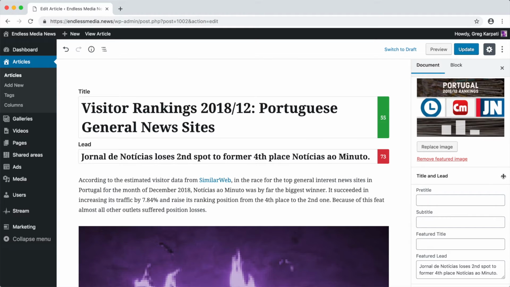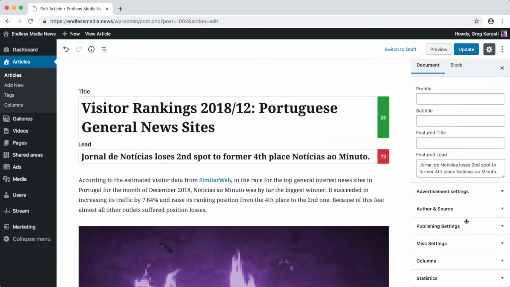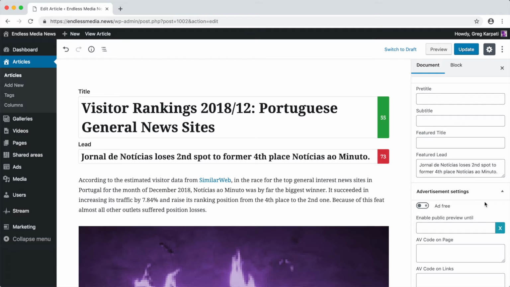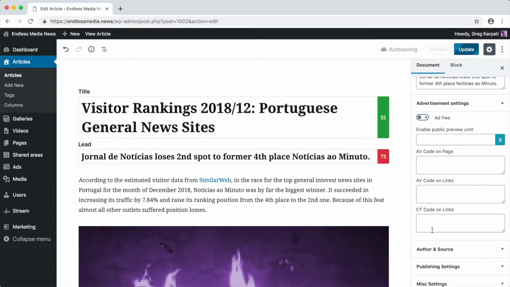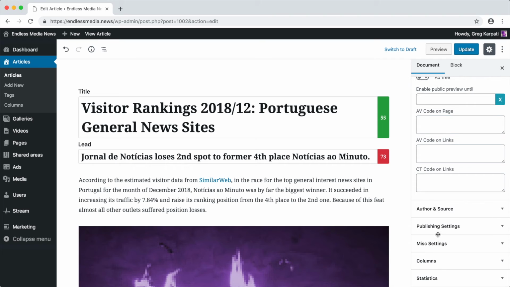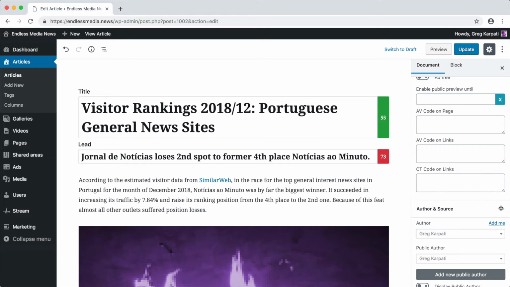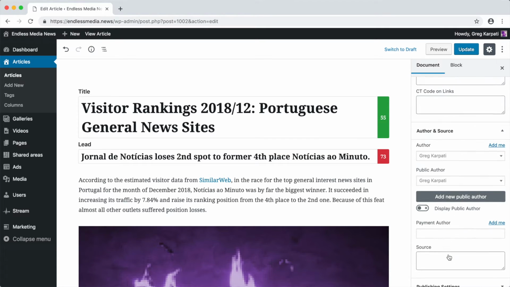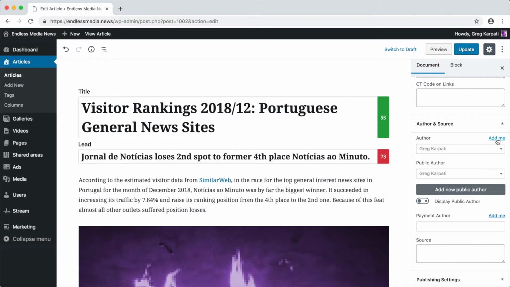In the next section, you can edit the pre-title, subtitle, feature title, and lead. Then we have some advertising settings. In the author and source section, you can change the author or set it to yourself with just one click. There are some additional settings too.